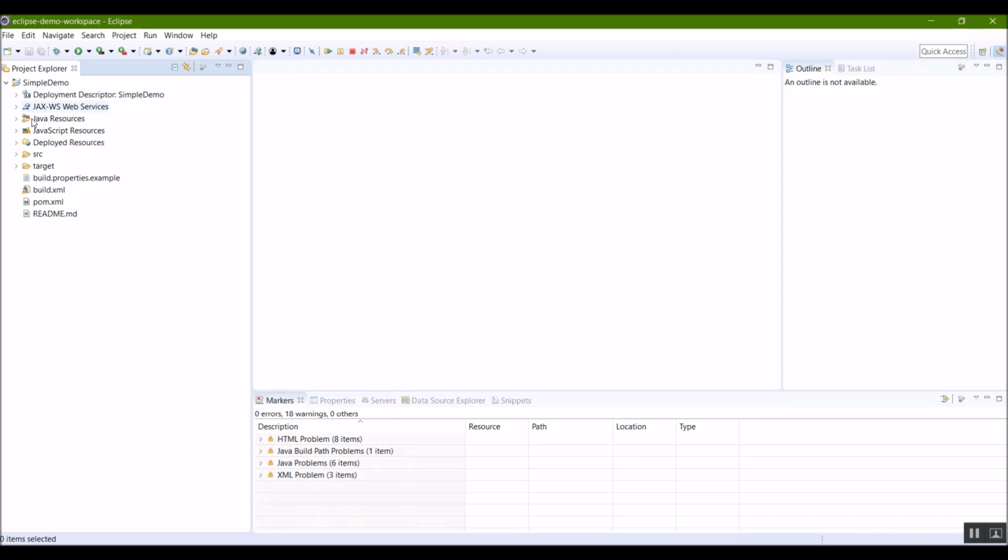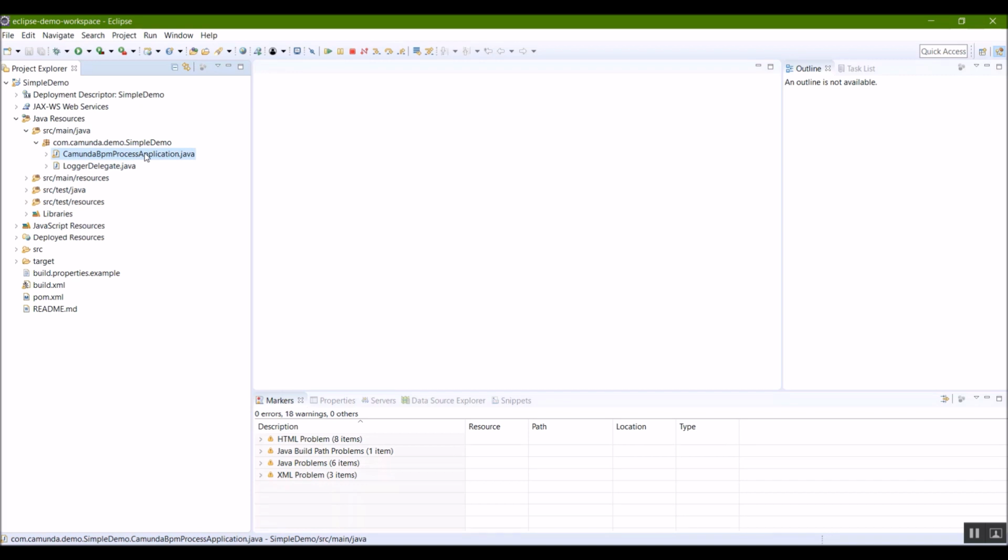The bits and pieces of this archetype are as follows. We have this Java resources folder in here. In here we should have a little process application class which tells the application server about this project. We also have a logger here which we'll use a little later on.